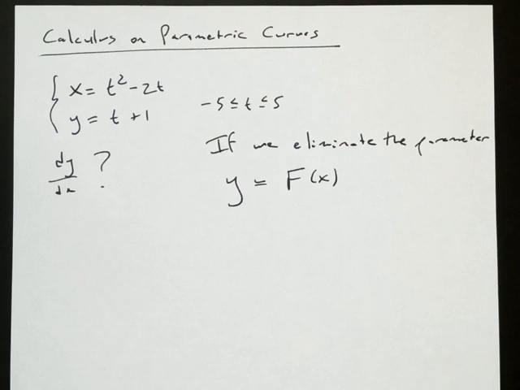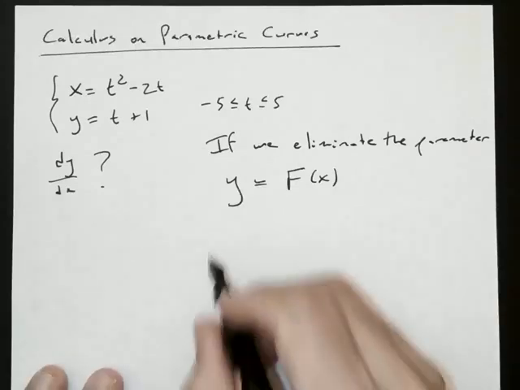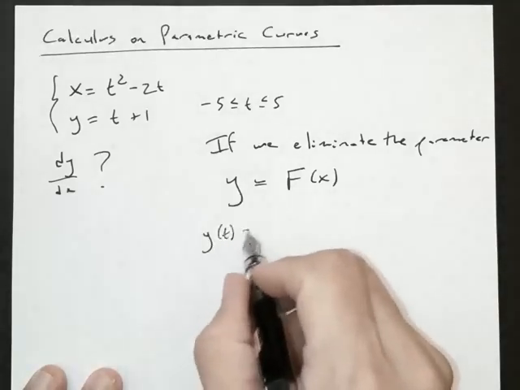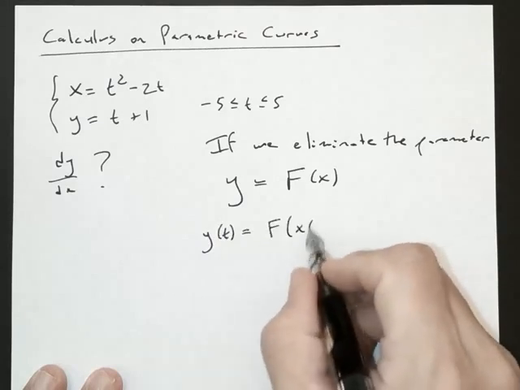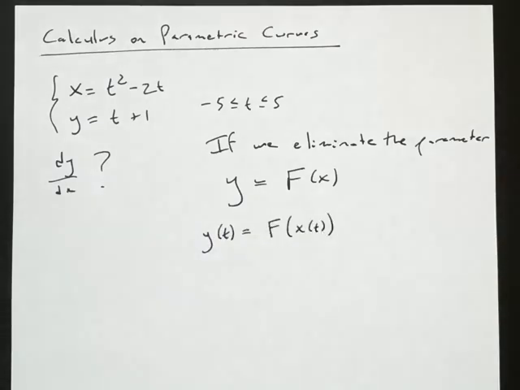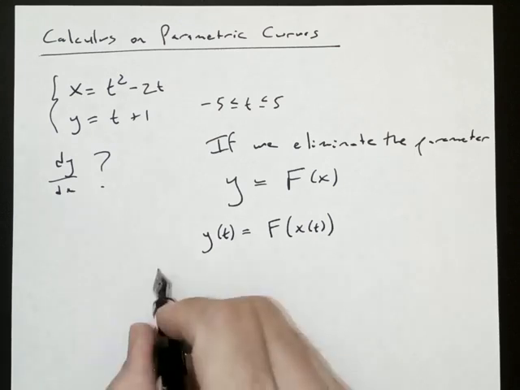But in my head, I know that y is actually a function of t, and x is a function of t. So I'm going to write this chain rule. Maddie, you were tutoring this the other day, outside and inside, right? So there's my outside, there's my inside. Capital F, outside function. X of t is the inside. If I take my derivative with respect to t everywhere,